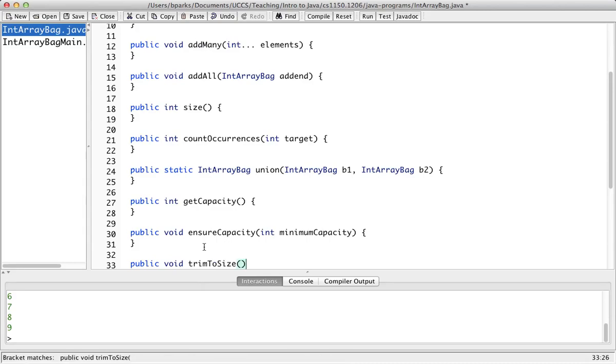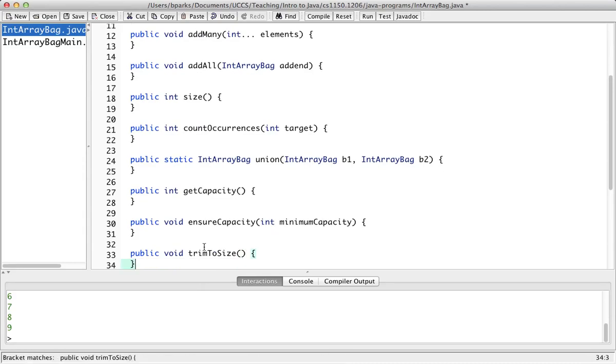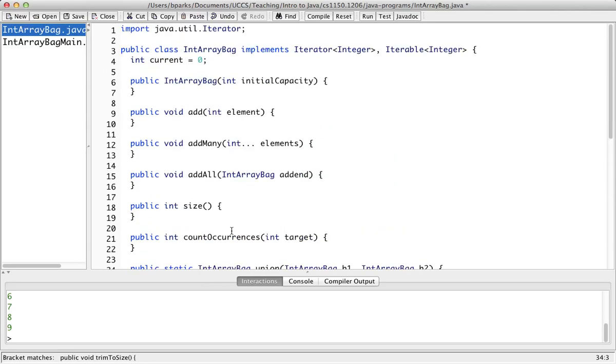And another one that trims the bag to a particular size. It appears to remove all the unnecessary elements in the backing array. So our class is,